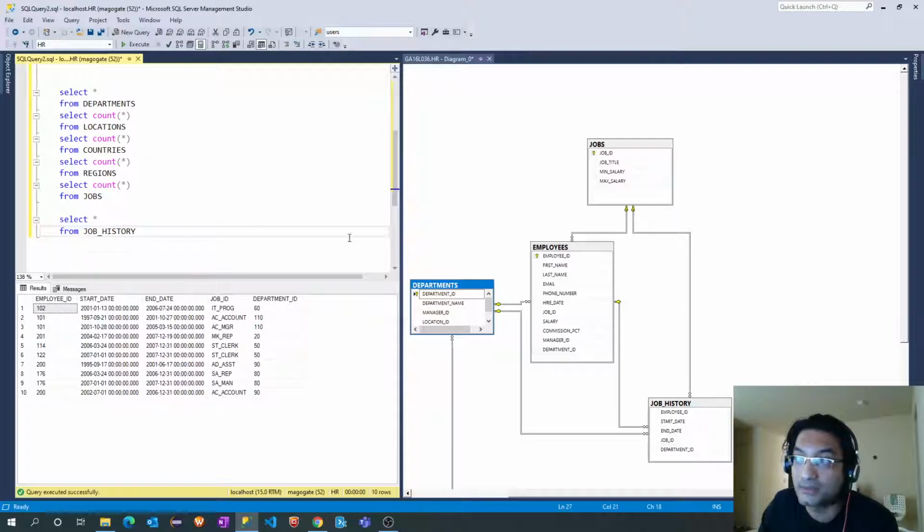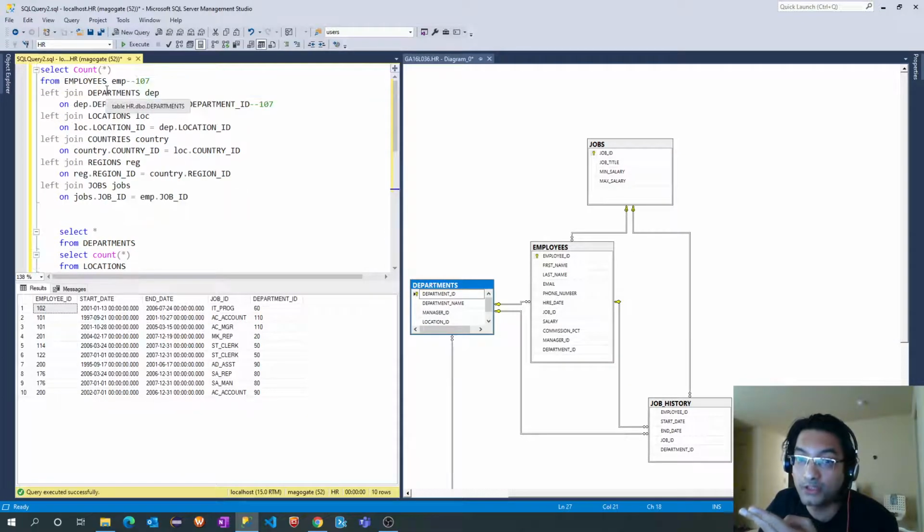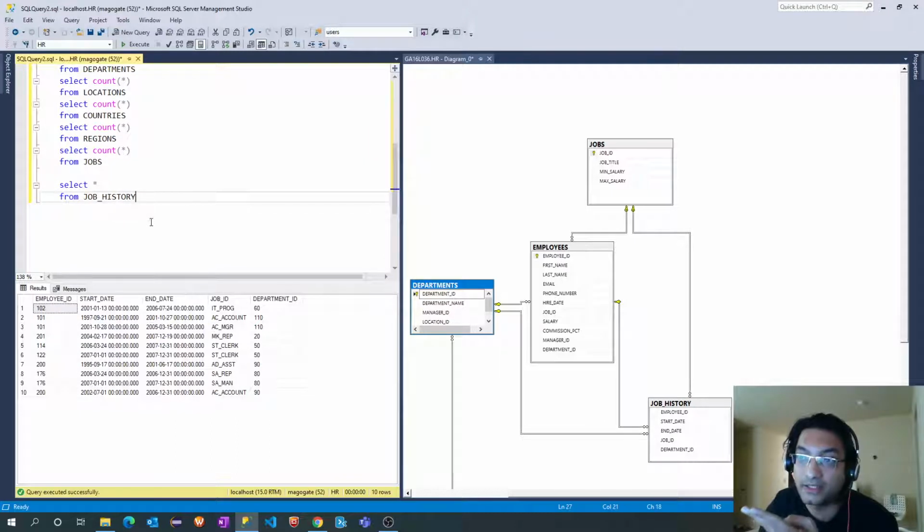This job history table is something like the employees table. So we can say there are two transactional tables, or two driving tables, in our entire database. One is employees for sure and another is job history.